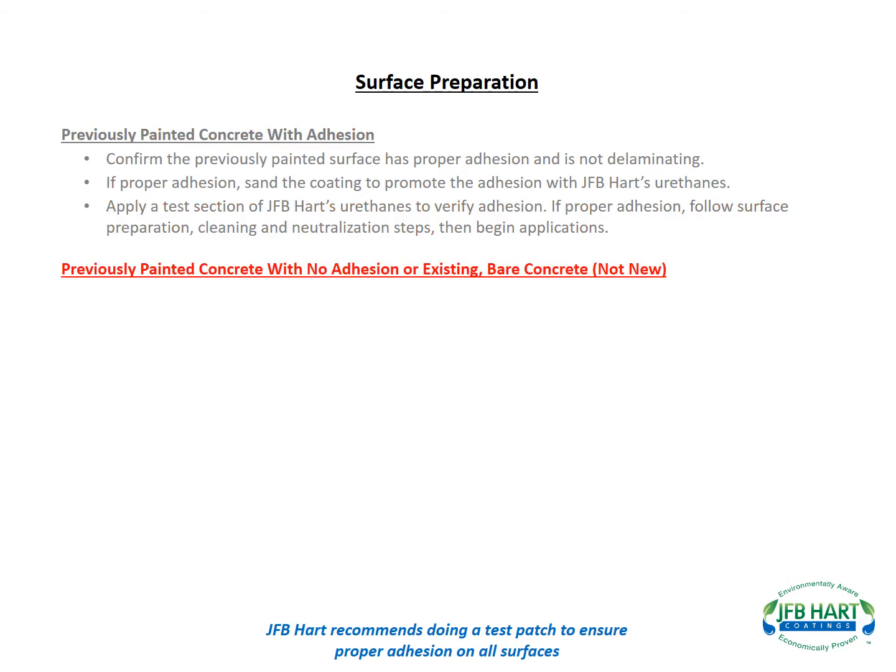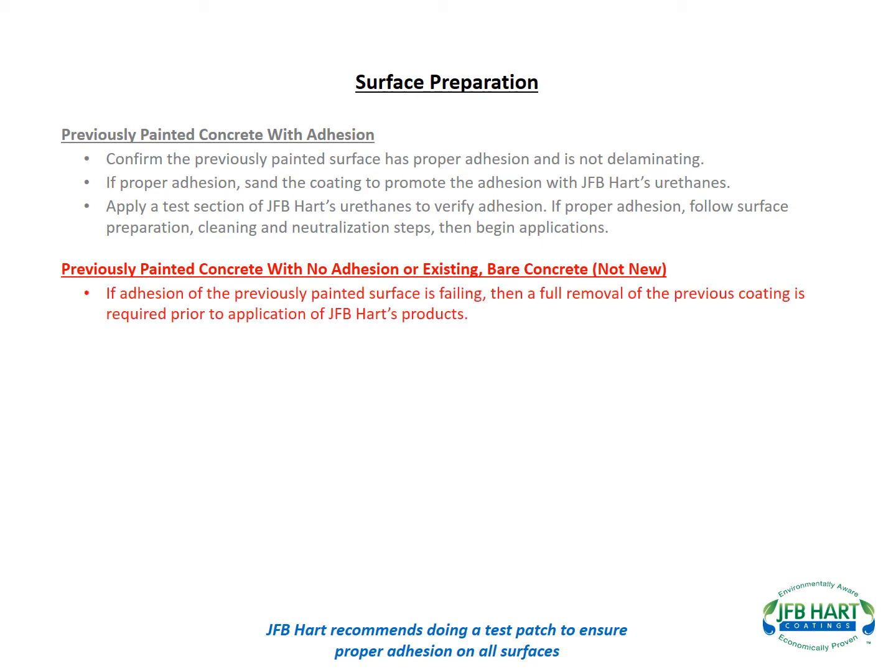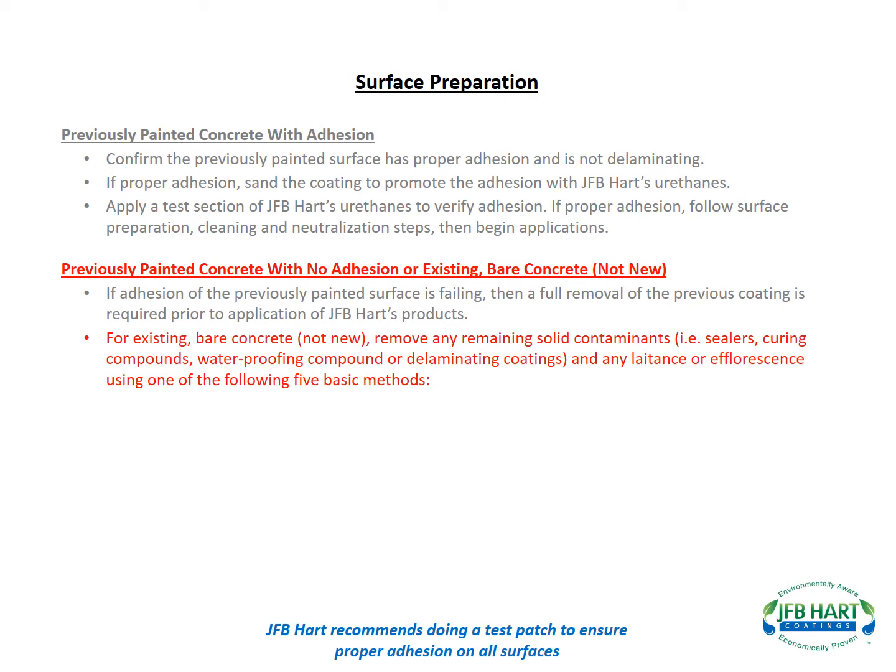Previously painted concrete with no adhesion or existing bare concrete which is not new. If adhesion of the previously painted surface is failing, then a full removal of the previous coating is required prior to application of JFB Hart's products. For existing bare concrete which is not new, remove any remaining solid contaminants, i.e. sealers, curing compounds, waterproofing compound, or delaminating coatings, and any latents or efflorescents using one of the following 5 basic